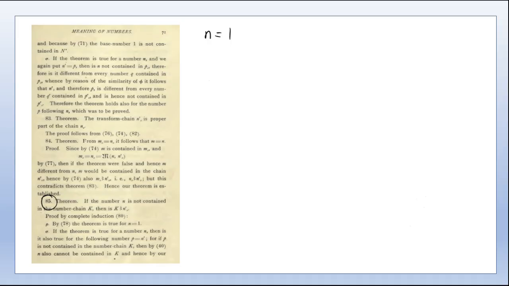So if 1 is not contained in the number chain k, so remember, if k is a number chain, then it's effectively a chain of the form m naught, where m is a number. Okay, so we think about k as something of this form,